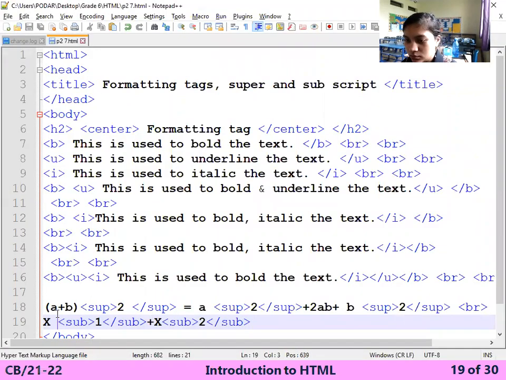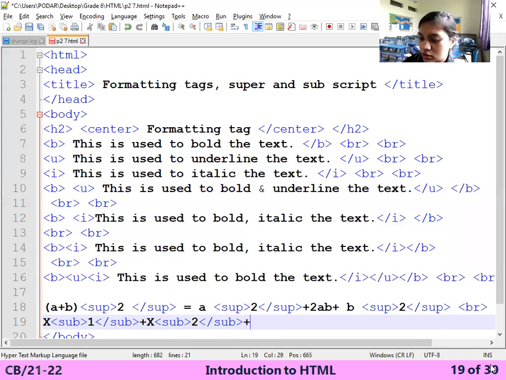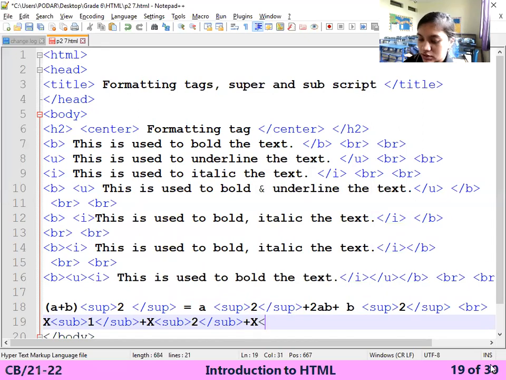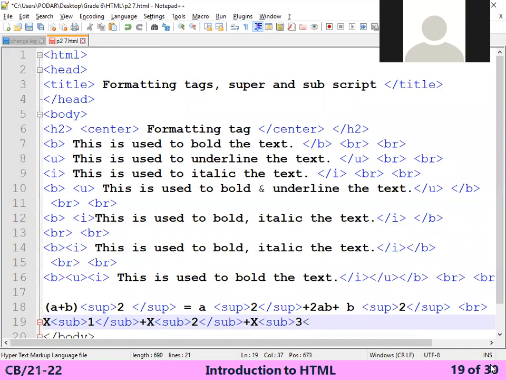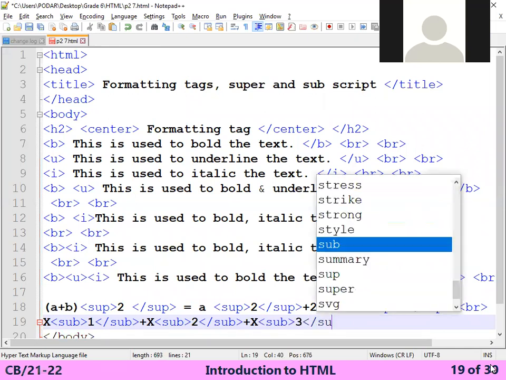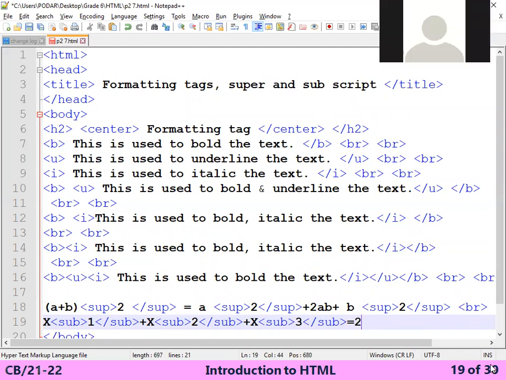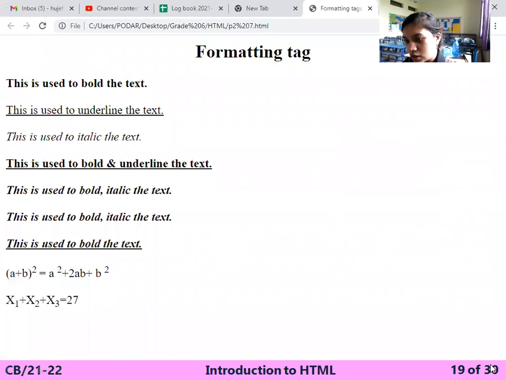Next, plus x3. So again I am using the subscript 3. Close the subscript. Equals to 27 I need. Control S, F5, you can see: x1 plus x2 plus x3 equals to 27.